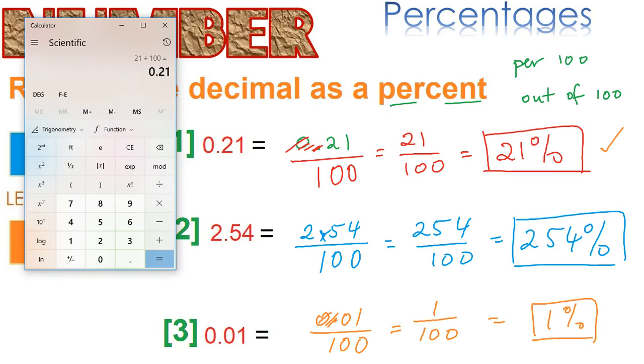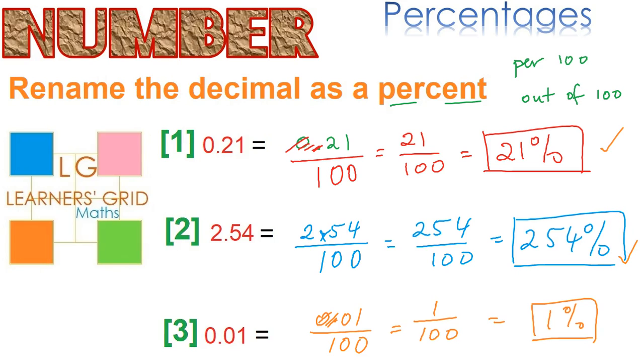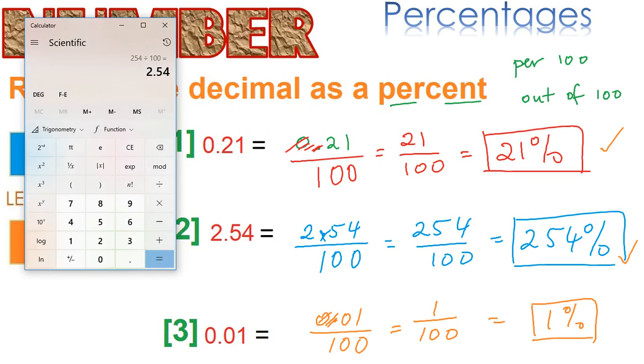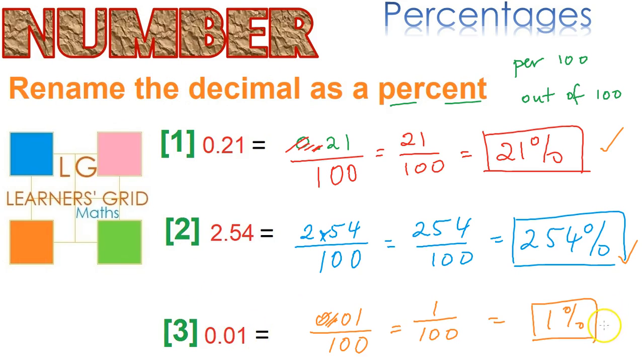Okay, let's do that with the next one. If I plug in 254 divided by 100, so divided by 100, I should end up with the answer of 2.54. 2.54, that means this one is also correct. And for this last one over here, I've got 1 divided by 100, and the answer should be 0.01. It is 0.01, therefore this is also